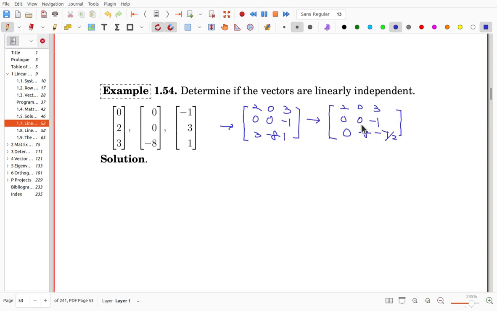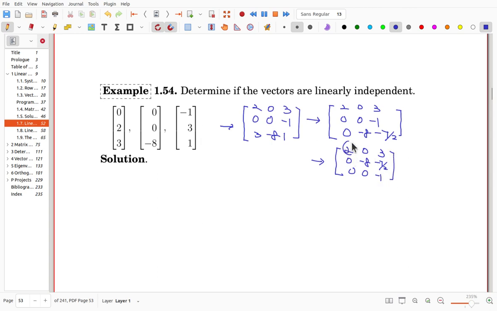Now by changing rows here, 2, 0, 3, and 0, minus 8, minus 7 over 2, and 0, 0, minus 1, we can see